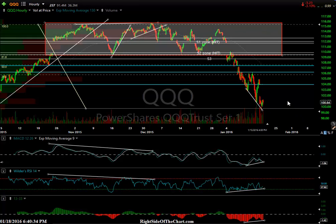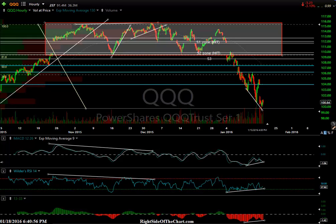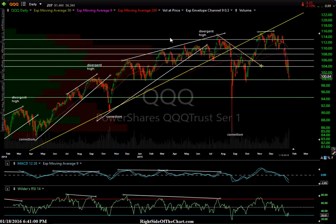So that's what I'm looking at. So near term, looking for a bounce, putting the odds pretty good at about 75-80% that we are going to bounce and bounce substantially up to at least this 106-ish level, we'll call it right now at this point. But if we don't, we are at key support. Remember, support is support until broken, and if we do break that, SPY has some key support a little earlier,